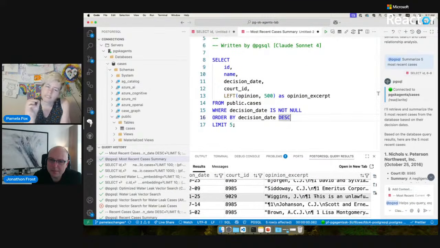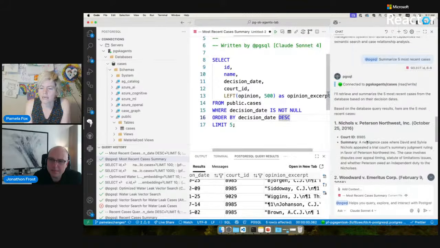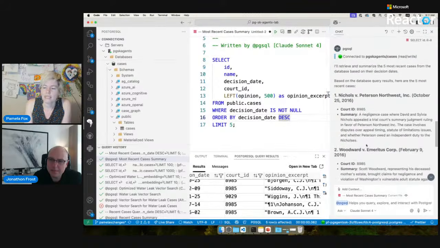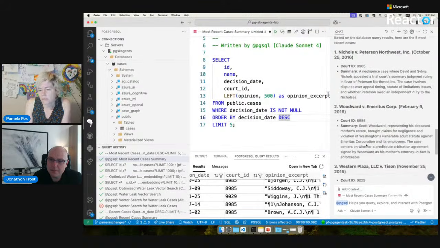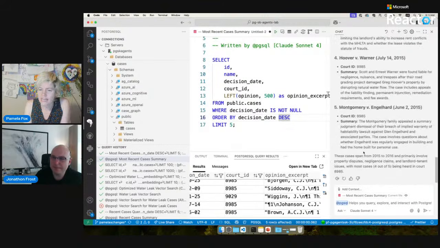So you can use this extension both to just chat with the data, but also get SQL queries out of it and do a combo of both. And then in this case, it'll actually do a summary for us because it's an LLM. LLMs are good at summarizing. That's great, right? We don't have to look through the entire really long opinion in order to understand what it's about. So that's really helpful.